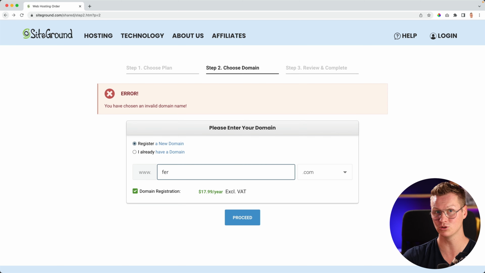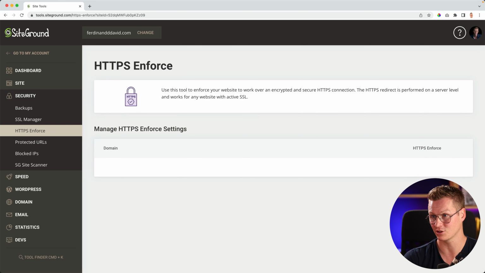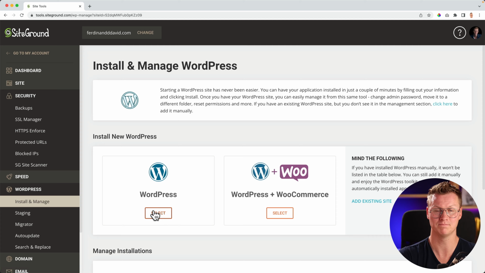Now let's talk about SiteGround. When you get a domain name and web hosting at SiteGround, you need to choose a domain name. It is linked automatically to the web hosting. It is live immediately as long as you choose a .com domain name. Otherwise, it can take a little bit longer. Then I will make my website secure. Then I install WordPress. Then I go to elementor.com or to